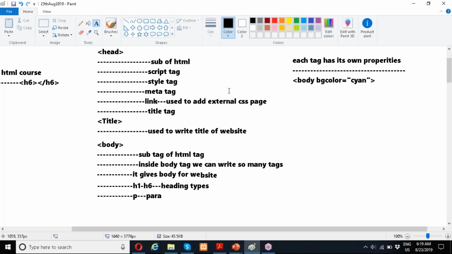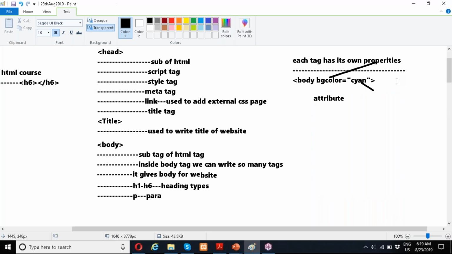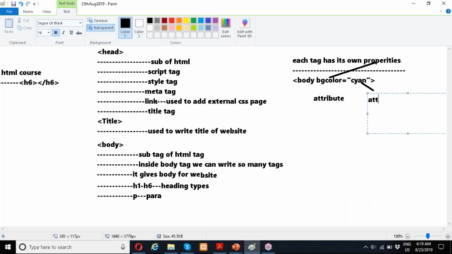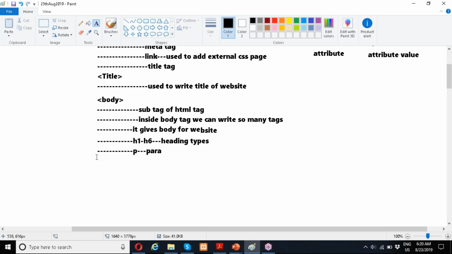So bgcolor we can call the property of the tag, and this one we can call the value, the property value. Like this, for all the tags we have different attributes. We have to remember all the attributes for creating the website. Now